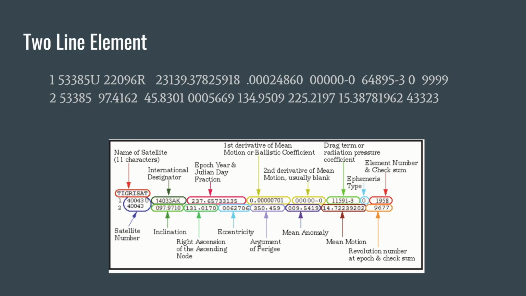These TLE files, or two-line element, are created and maintained by various space agencies around the world, and also by the actual satellite owners. The creation of these parameters can turn into almost a complete presentation of its own. But the basics that you need to know is that the initial TLE is calculated from the rocket launch parameters, and then it is continuously updated by plotting the received signal over time using specialized software. We don't actually need to go into too much detail on that, just know that the TLE file or data gives us the parameters needed to figure out where the satellite is.